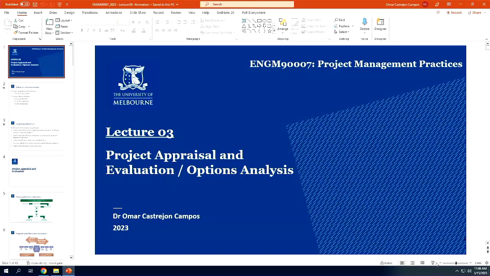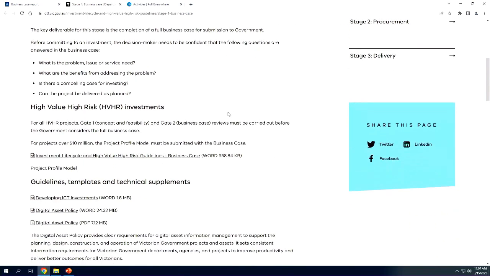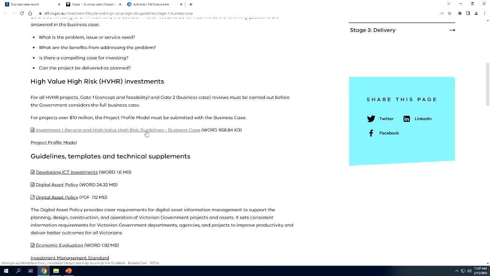So before starting with the content of the lecture, I want to cover a few points. I want to start with one that is related to the major projects and how to differentiate between the high risk, high value projects and the non-high risk. So if you go to this link, you are going to find this information. These are the guidelines for the business case. So if you download these guidelines,